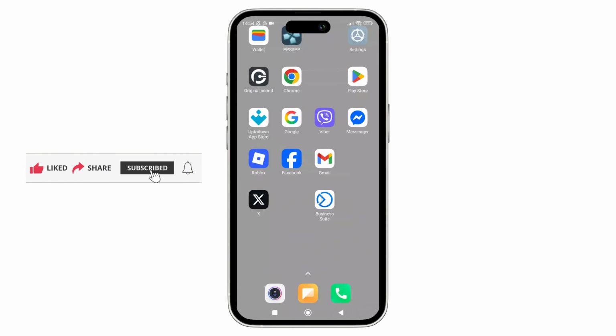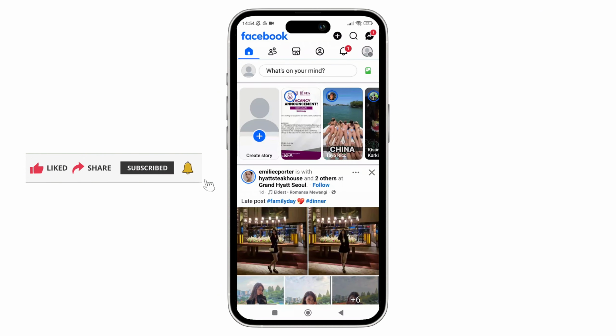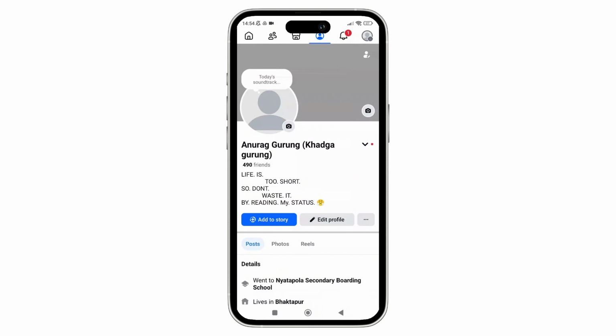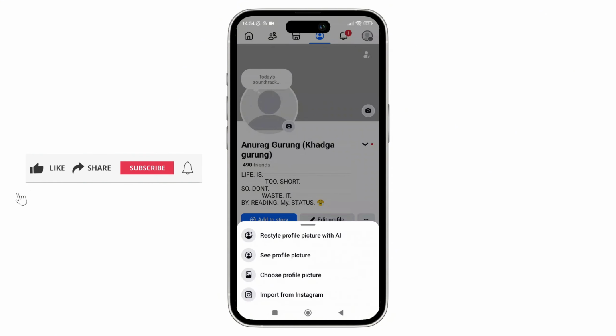So first thing first, open the Facebook app on your phone and make sure that you're logged in to your account. And now here, once you're inside the app, just tap on the profile icon, which can be seen in the top left side of the screen. And now here, once you are in your profile section, just tap on your profile picture. And now here, from the pop-up menu, simply select